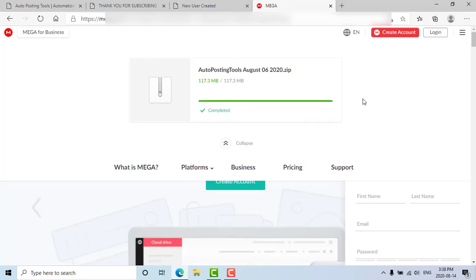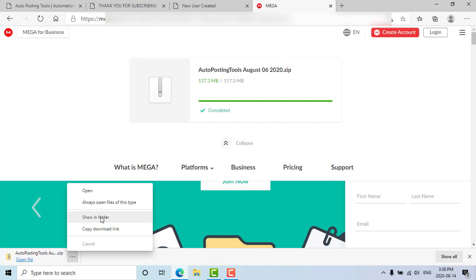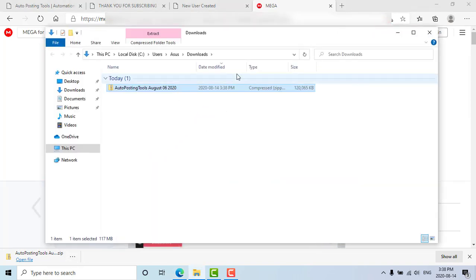So this will get downloaded on your computer into your downloads folder, which you will see here. It's going to appear here. So you could double click on this and then click show in folder, and this will open your downloads. So once you have this open, what you have to do